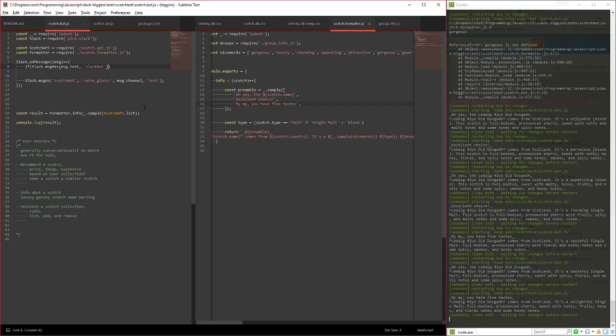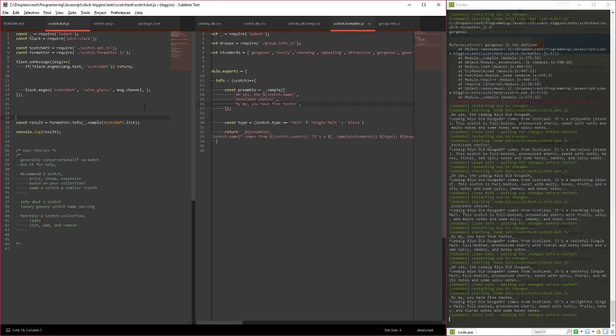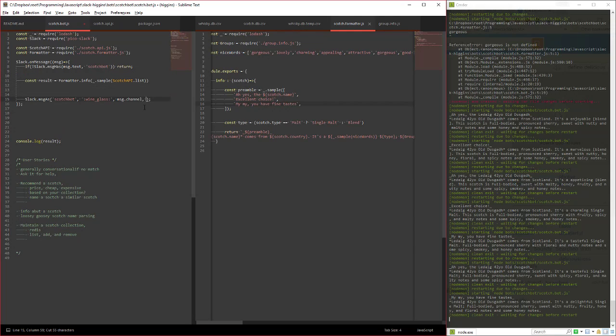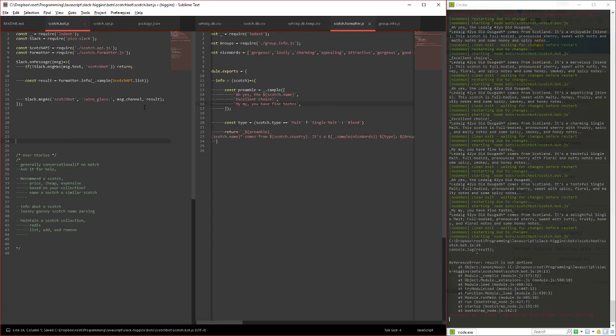So for example, this says that this message has to include the name Slackbot, which should be Scotchbot. And if it doesn't, we're just going to error out, and we don't care about messages that aren't to Scotchbot right now. And we're just going to message as Scotchbot to the right channel. Instead of messaging out this text, we are going to grab this, put it in, and all of a sudden,